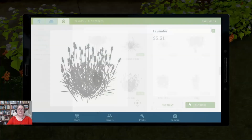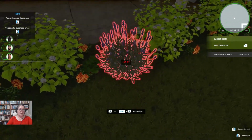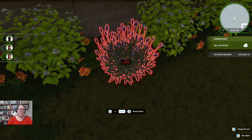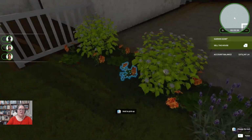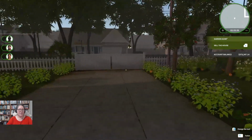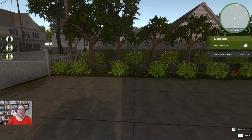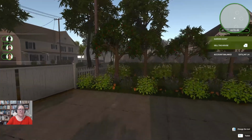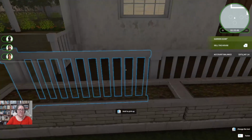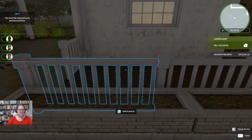I mean, that looks like I should be able to put a lavender bush in. But I'm pretty sure... Okay, I was wrong. I'm pretty sure I can. There we go. Alright, so we've got our lavender in on that side. That's kind of pretty. This little bit of garden, I want to have a slightly...